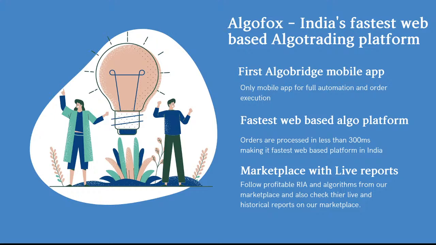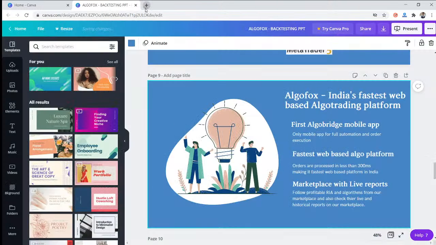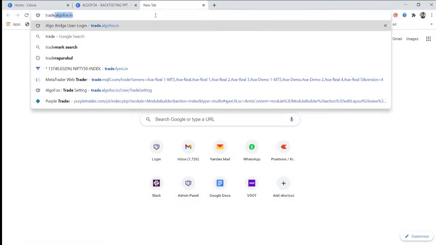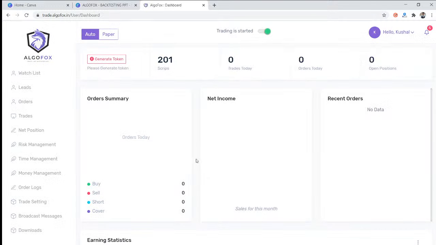Taking you to our platform. So our platform name is trade.algofox.in. Here every user is given their own unique user ID and password. Once you sign in,